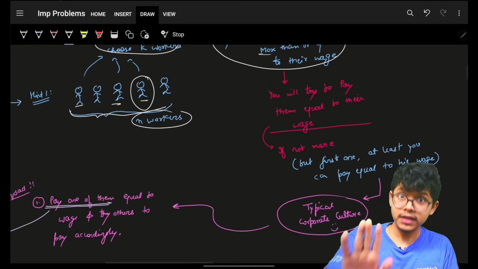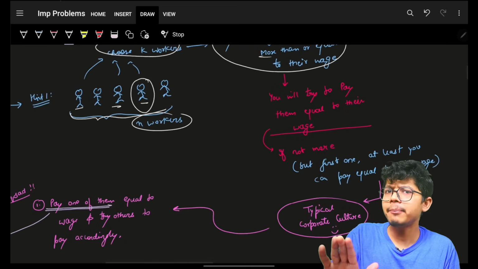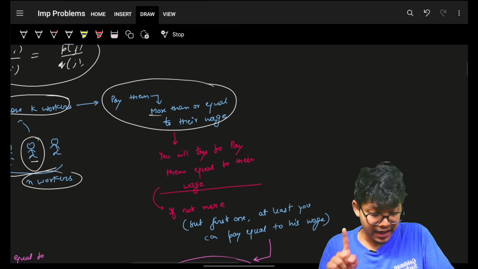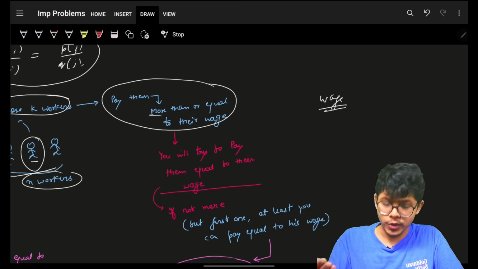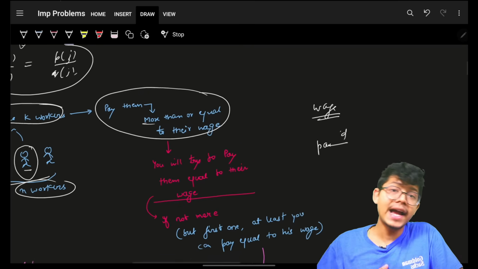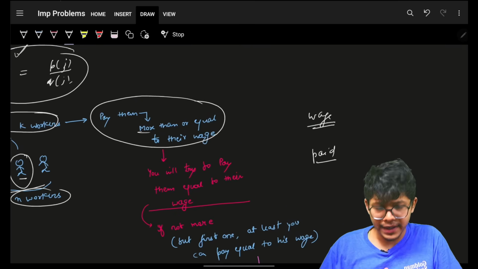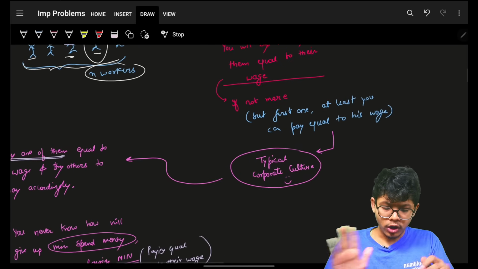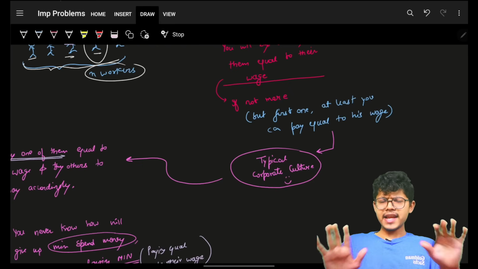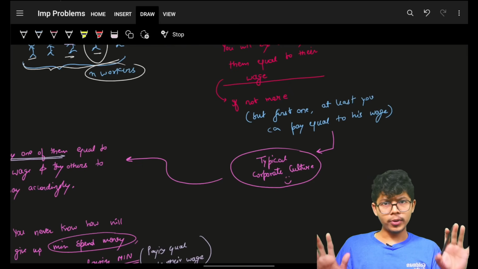Whatsoever wage he demanded, I paid him that money. Again, whenever I say wage, I mean the expectation the person had, what is given in the question, and what is paid is what I paid to him. And the quality is the quality that person had. So I thought of, okay, let's take the typical corporate culture,